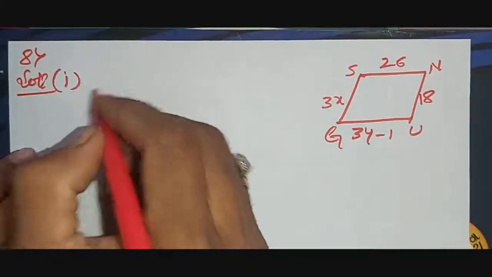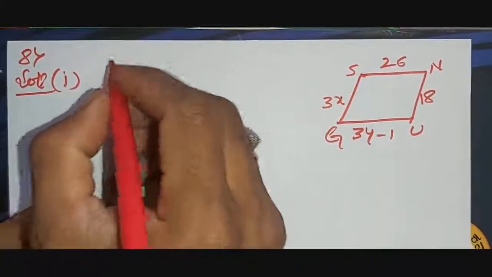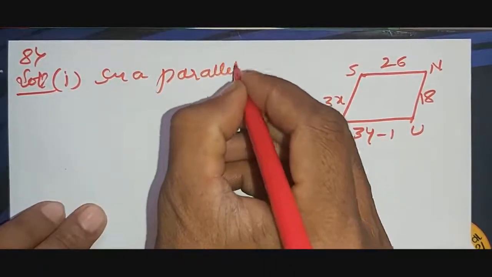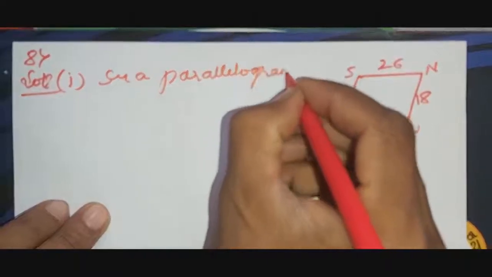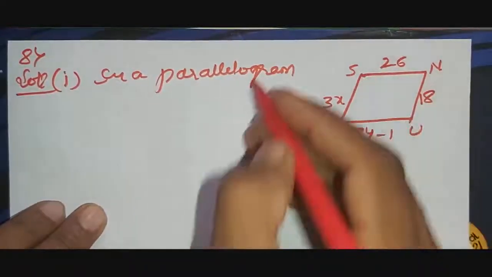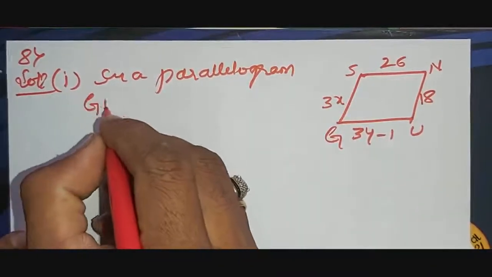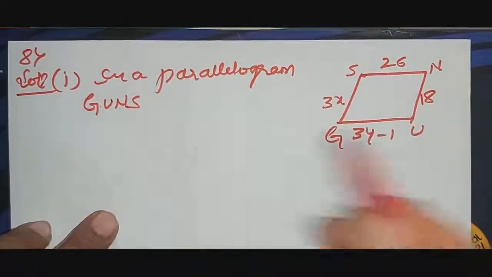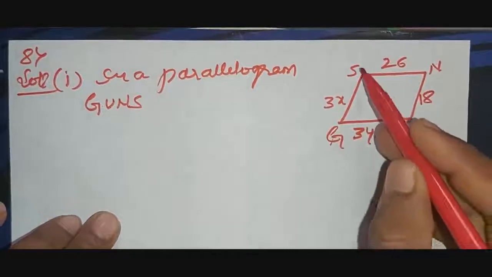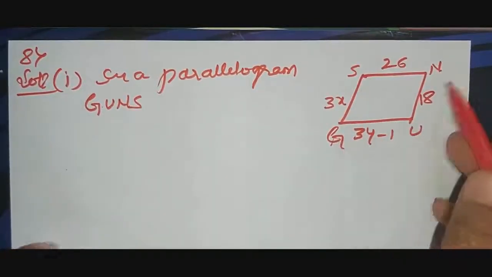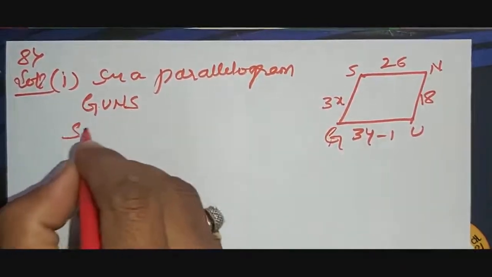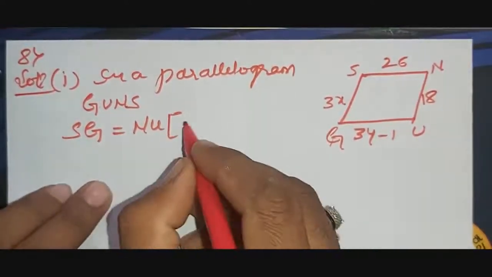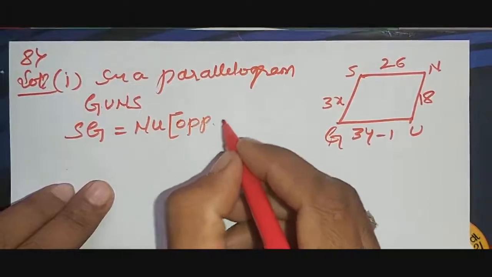See, in a parallelogram GUNS, here GS is equal to UN, or SG is equal to NU, because opposite sides of a parallelogram